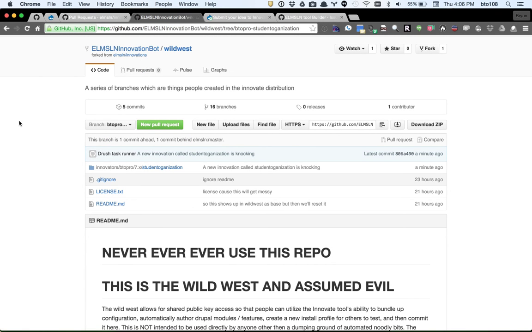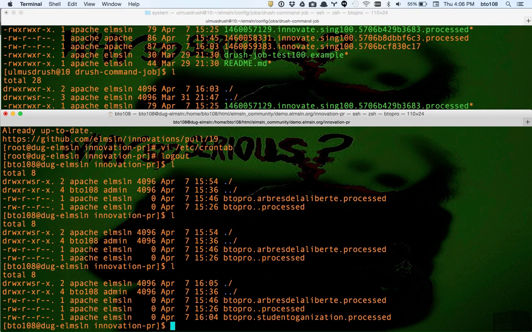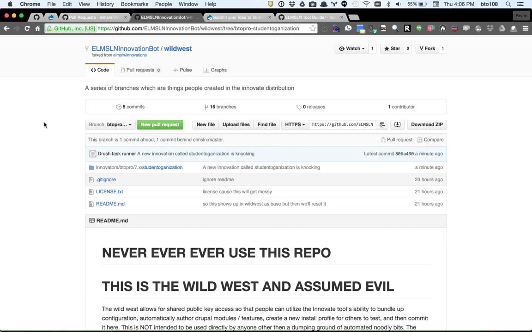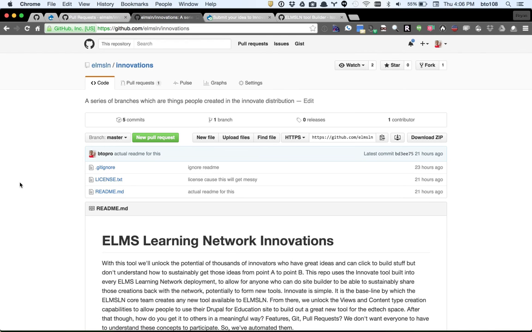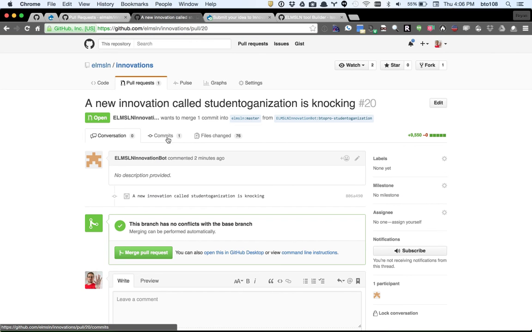What happens after it's here is we also send a message to a third-party middleman type of system, if you will, that just says, hey, look for this branch, and if you see it, then I want you to issue a pull request. And so Wild West allows all of our innovations to go out there, but we don't trust them at all. But it's a fork of ELMSLN Innovations, and the Innovations repo currently has nothing. But you'll notice there's a pull request, and there's a new innovation called Student Organization Knocking. If I click that, this is the ELMSLN Innovation bot that has now taken that branch and compared it to